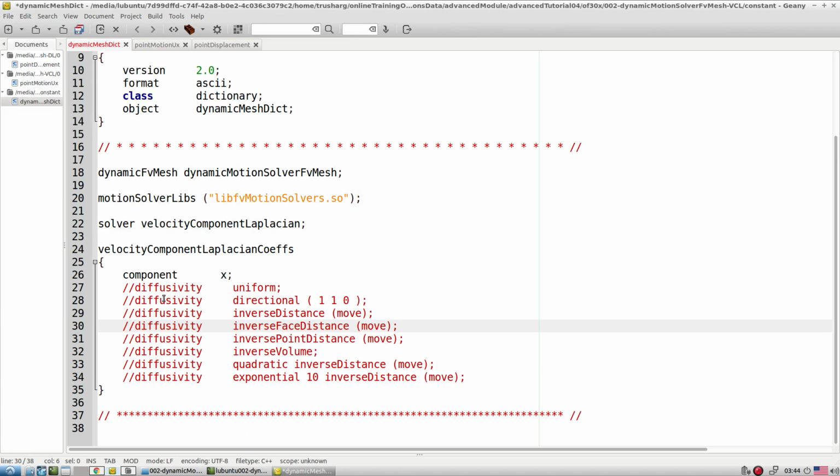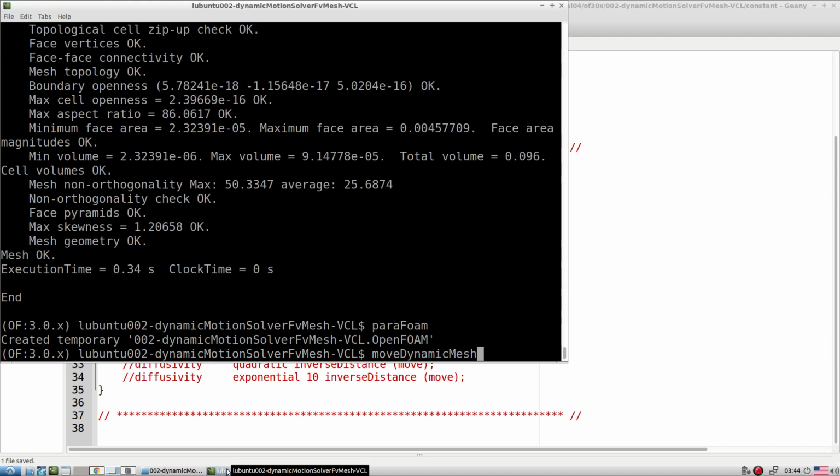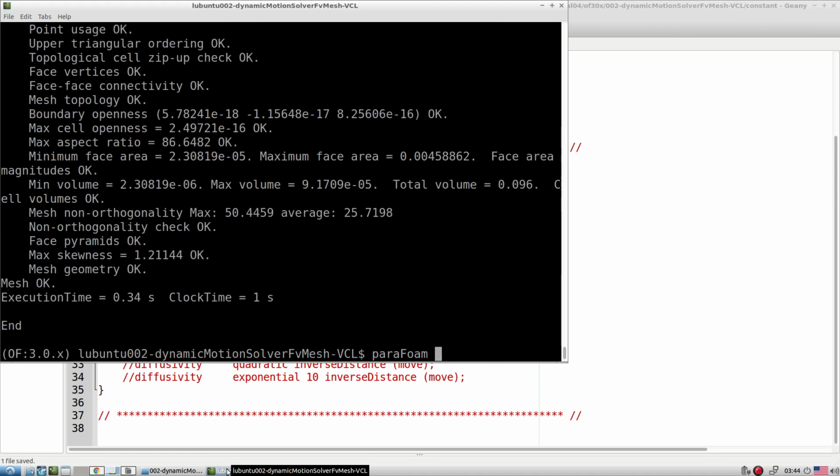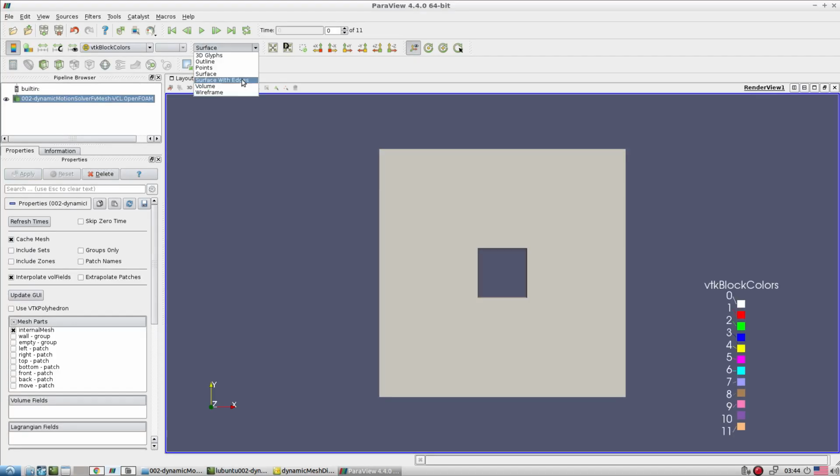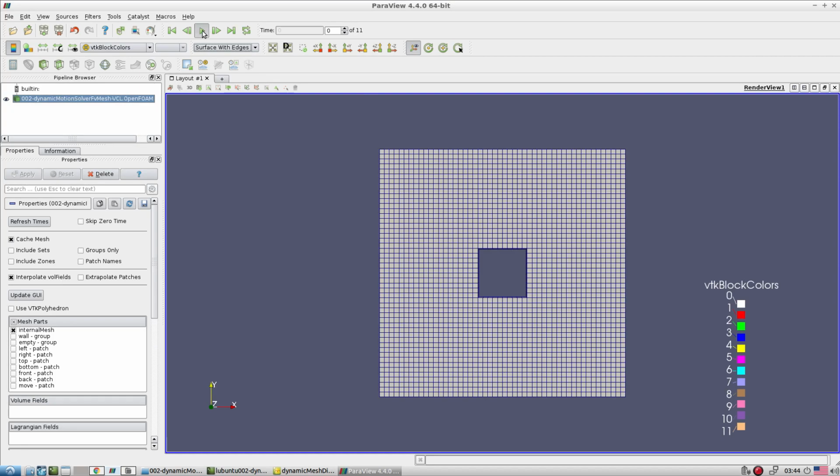It allows you to understand what is exactly happening. Let's say inverse point distance. If you work with inverse point distance, what is going to happen with your mesh? It's still working, not failing. Try to check the mesh options again.